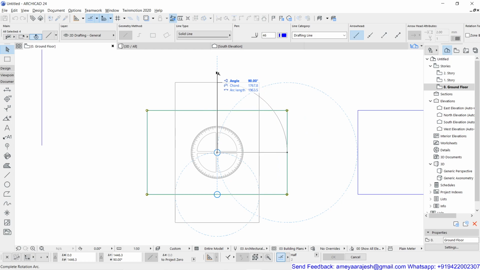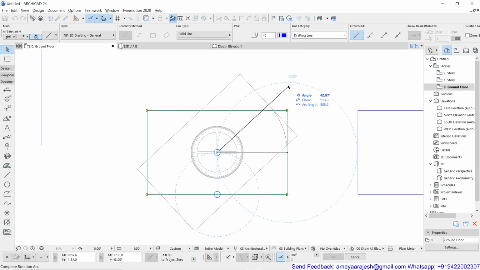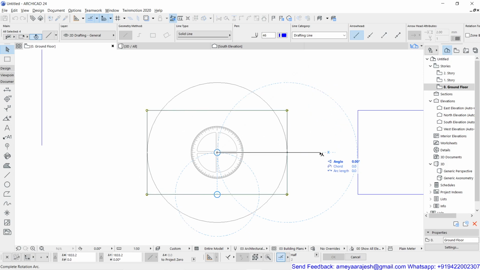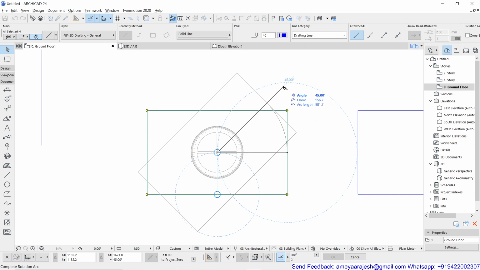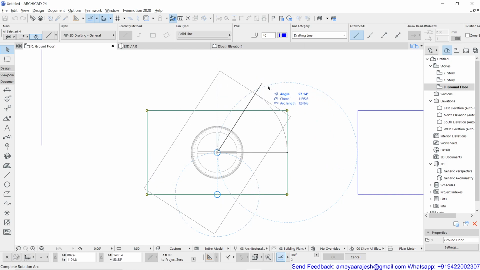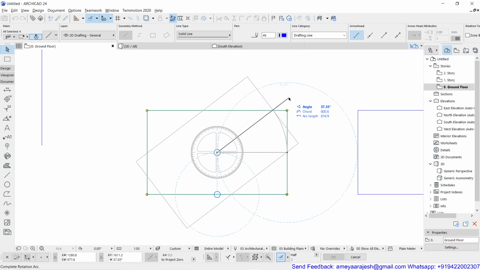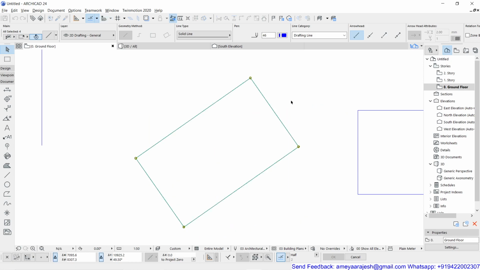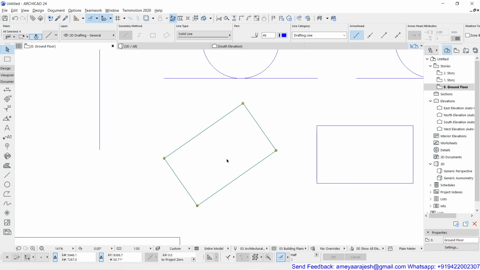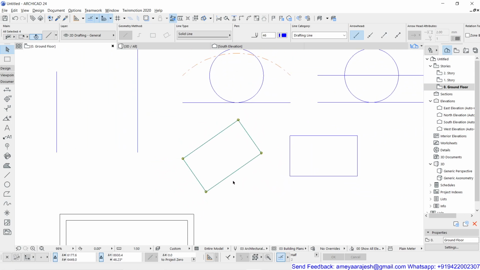Of course you can type any required value from the keyboard, and even that will get accepted for the rotation. For example, you want to rotate this by 45 degrees. By default the 45 is getting displayed, as my increment levels are 0, 45, 90. In between, if you want to type any angle, you can type. For example, you want this as a 35 degree rotation, you can type 35 and enter. So this is how you have rotated the object, that is, a group of objects.